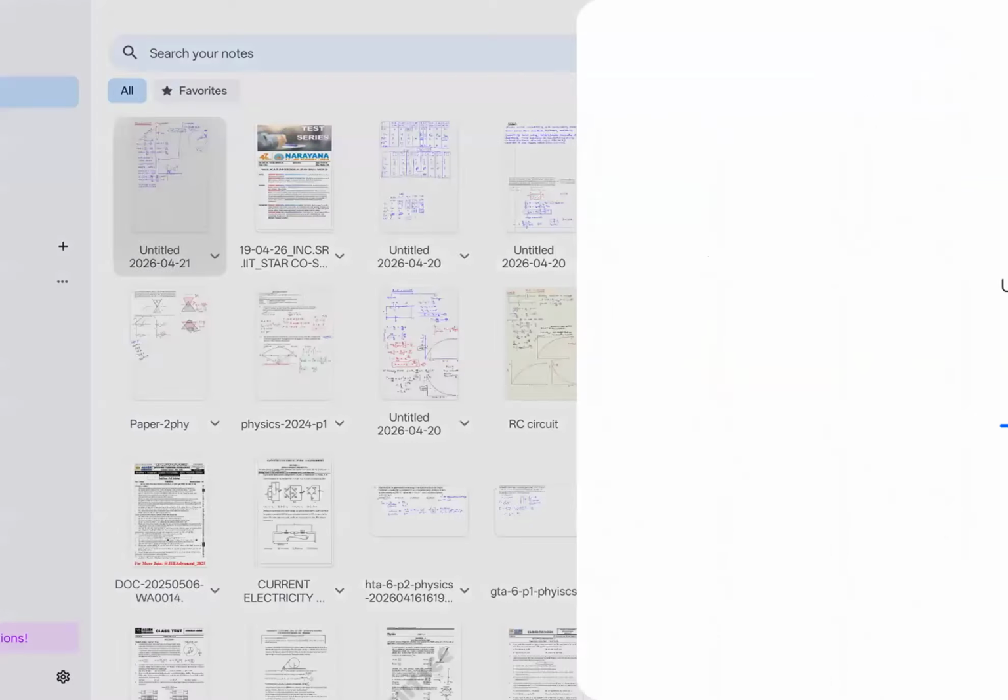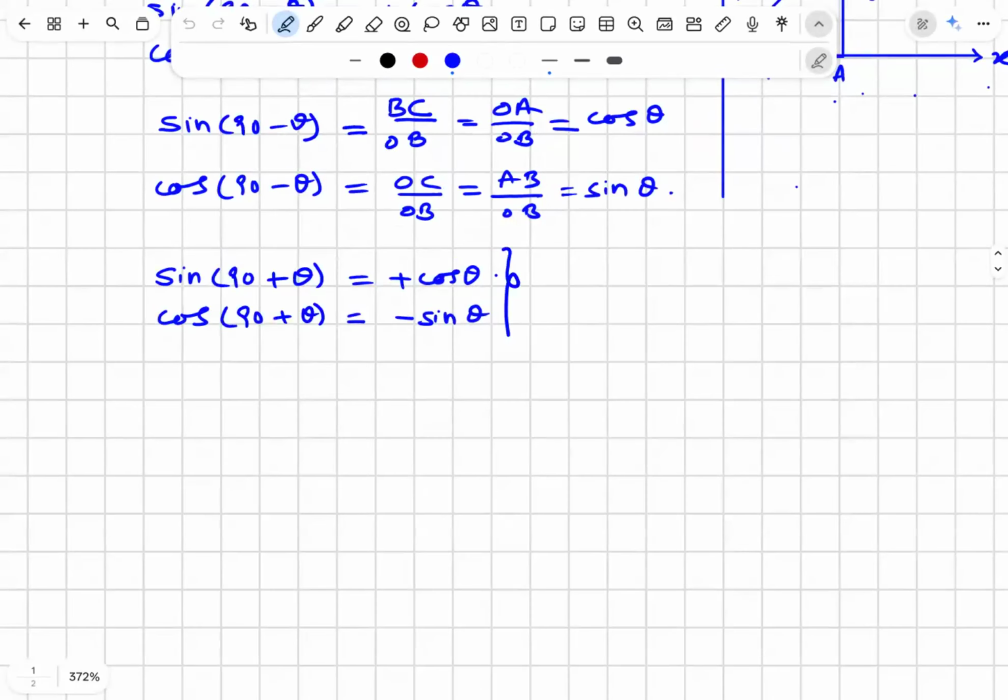Now, from this, what I can understand is if I take the ratio of these two, left hand side ratio by right hand side ratio, what will I get? Tan 90 plus theta is minus cot theta. If I take the reverse ratio,